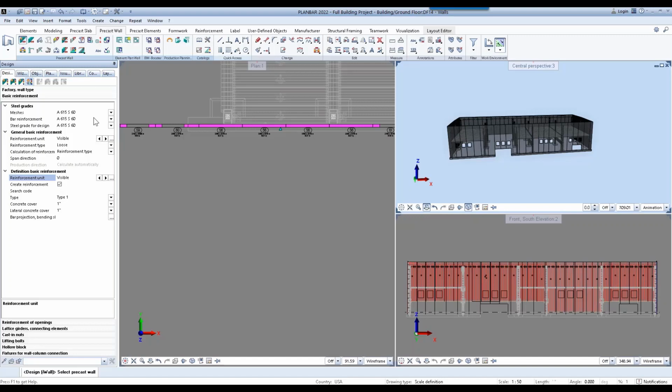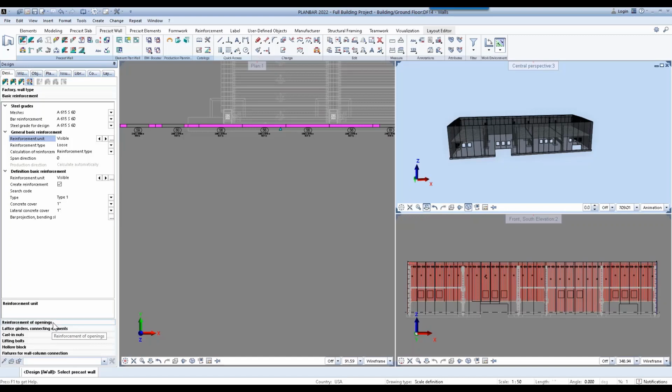So you can go through, specify your steel grades, the reinforcement type for both the visible and invisible faces. In this case, we're just going to use a reinforcement type that I have specified in our catalog for both the visible and invisible faces, and use the clear cover that I've specified.